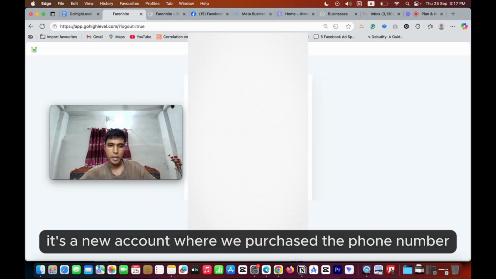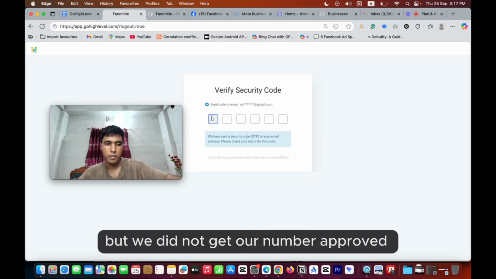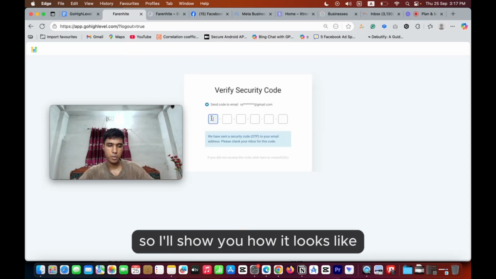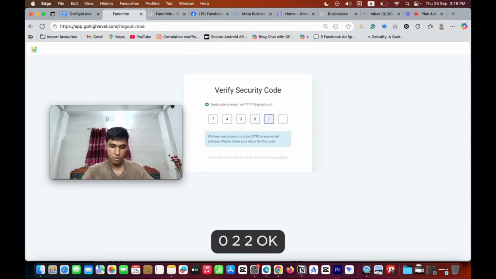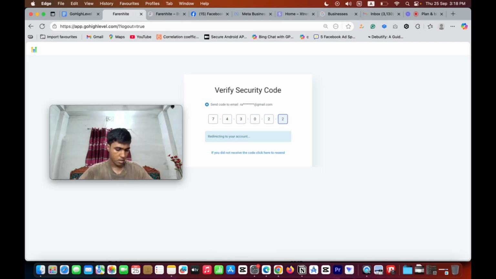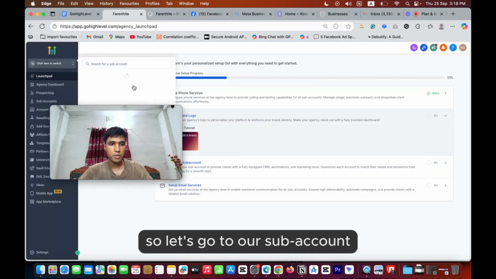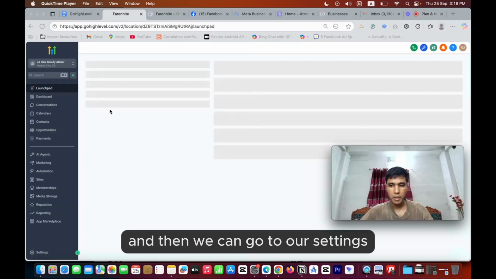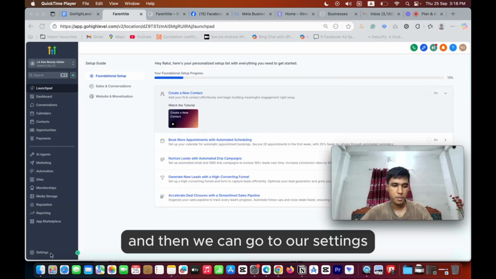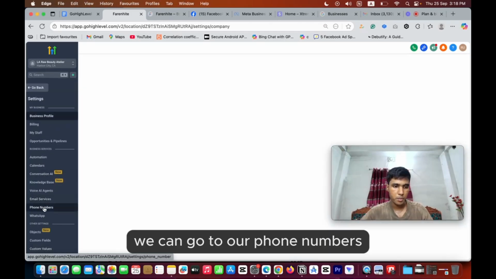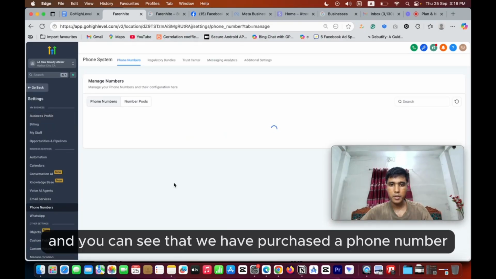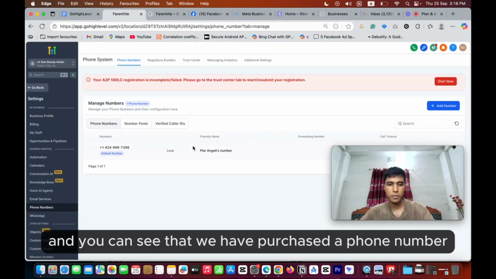So it's a new account where we purchased the phone number, but we did not get our number approved for A2P10 DLC. So I'll show you how it looks. Okay, so we are inside the agency view. Let's go to our sub accounts, and then go to our settings. We can go to our phone numbers, and you can see that we have purchased a phone number, but now